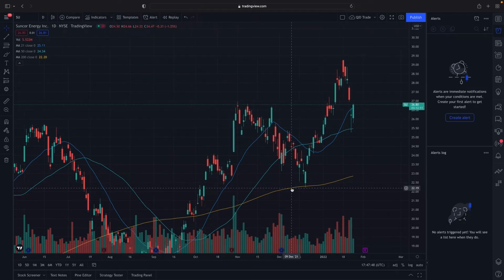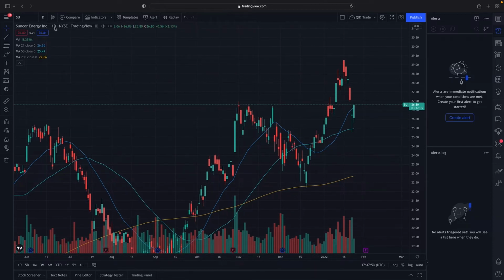So to calculate a moving average, usually people will use either the 1 day chart, or sometimes if you're a short-term trader or like a day trader, you may use the 10-minute, the 15-minute chart. Or you could be a long-term holder where you may use the 200 day or the 200 month or 200 week. So it really just depends on what type of investor you are.